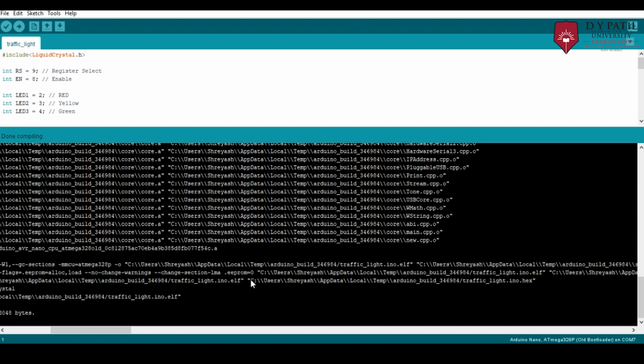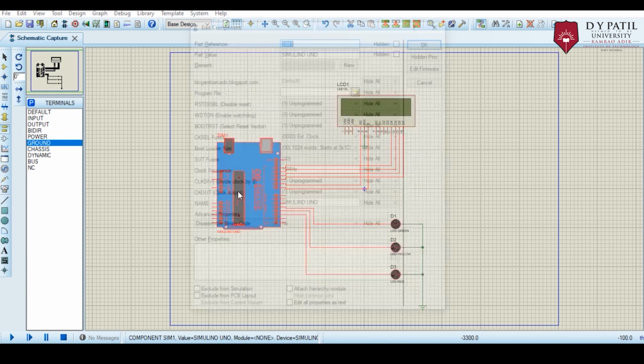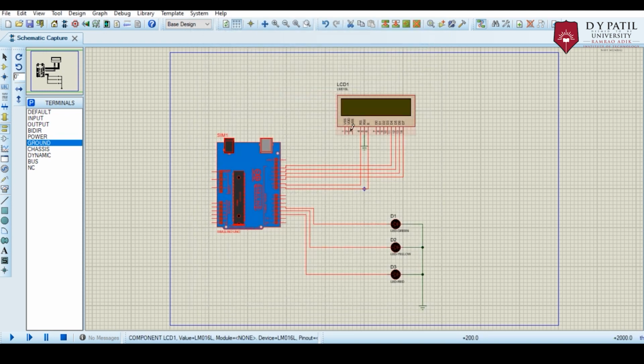When the code is compiled, we will copy the hex file that you will find as shown in the video. After copying the hex file, we will paste it in the program file by clicking on the Arduino. Voila! We have made a traffic light using the Proteus simulator.